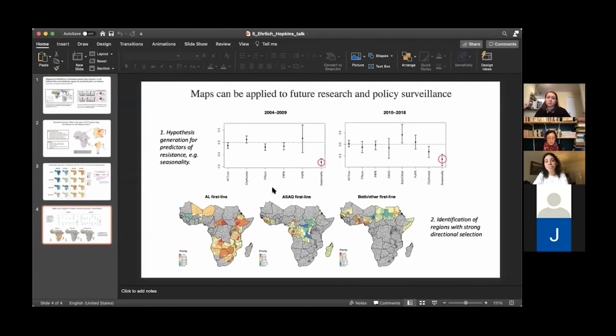So how do your maps compare with the different drug policies? Some places will use certain drugs for pregnant women or not, or they do mass campaigns and things. So does it line up where you think there should be a lot of issues with resistance or not? Yeah, great question. So perhaps the biggest limitation of this work so far is that we don't have detailed